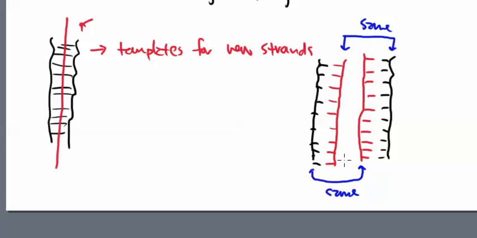Now, one of the things that we have to realize is that copies can only be made in the 5' to 3' order. That is the way that we write them down on a sheet of paper, and that's actually the mechanism route of which they get replicated as well. They get replicated from the 5' end to the 3' end. So in one of these routes, maybe this is 5' and this is 3'. Well, this was the original matching strand for that, right? So that means that this is 3' and that is 5'.